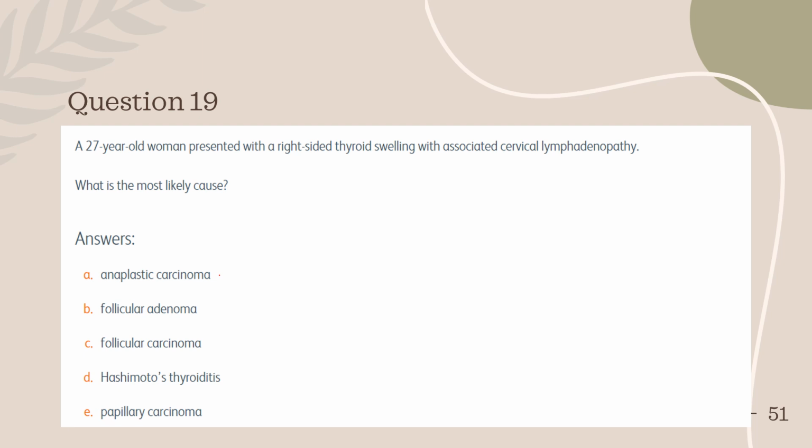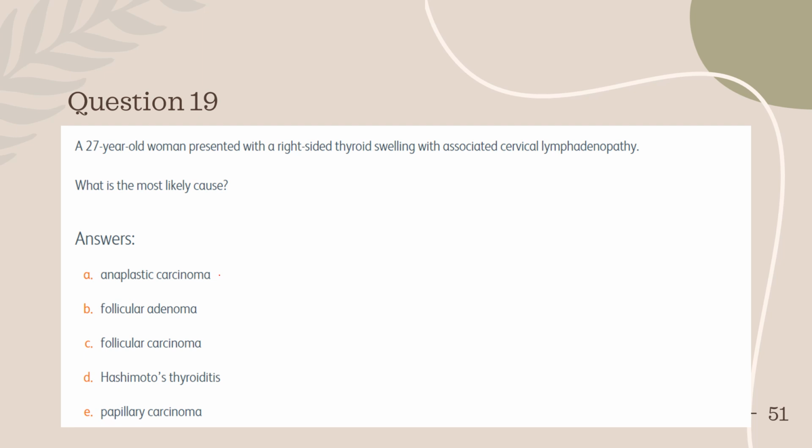So not that. Follicular adenoma, follicular carcinoma, when both these options are there, you have to understand that that is not going to be the answer, because you cannot differentiate adenoma and carcinoma clinically. The only way to do that is to have a biopsy and see. Even FNAC cannot differentiate between adenoma and carcinoma, because the invasion of the basement membrane is the characterization of the carcinoma, which sets it apart from adenoma. So there is no way to identify it clinically, and that is also not the commonest form of thyroid cancer.